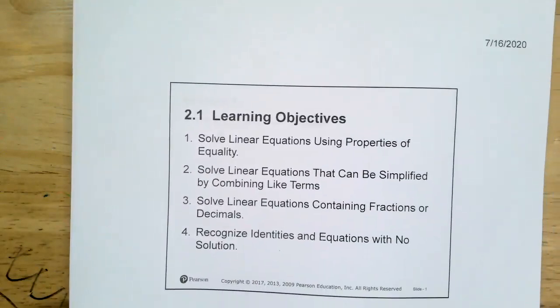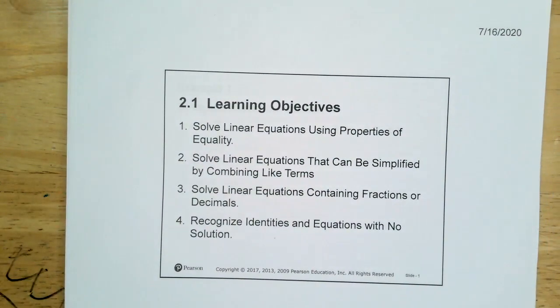The learning objectives for 2.1 are that we will be able to solve linear equations using properties of equality, combine like terms in order to simplify them, and not be deterred even if they contain fractions or decimals. Sometimes your answer will just be no solution or infinite solutions. So, for example,